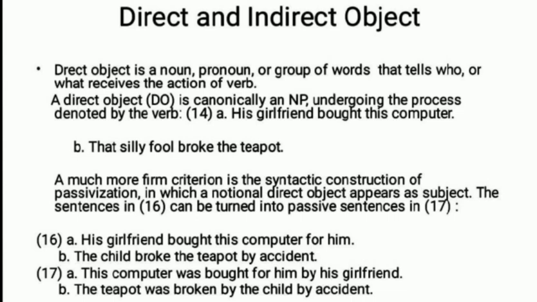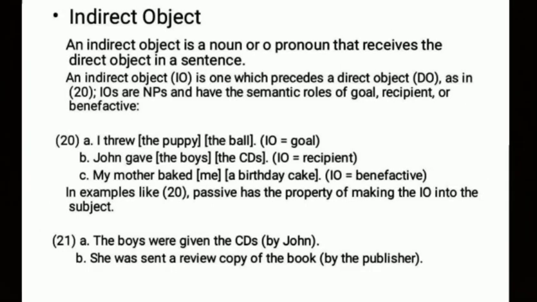And jump to indirect object. An indirect object is a noun or pronoun that receives the direct object in a sentence. Indirect objects are noun phrases and have the semantic roles of goal, recipient, or benefactor. Okay, here is an example in my slide. And the last is